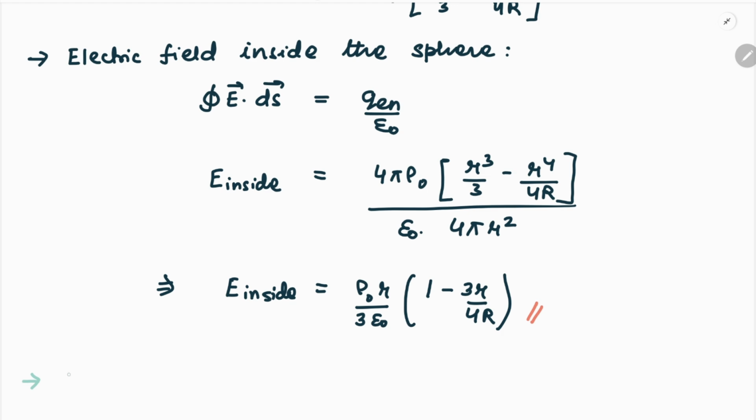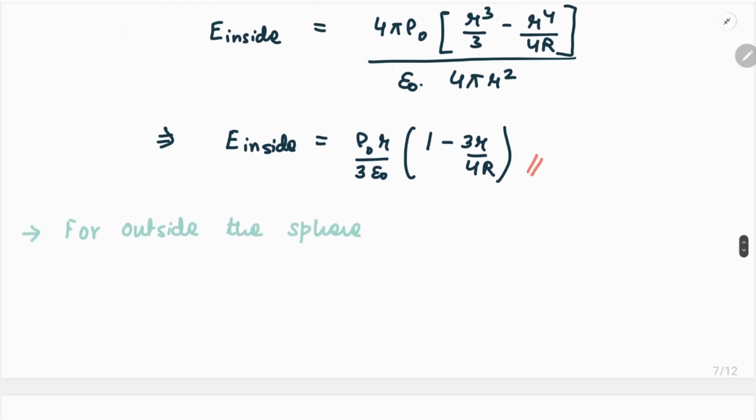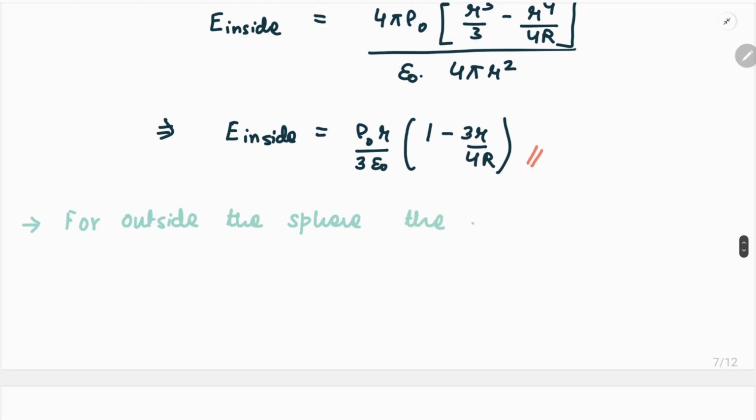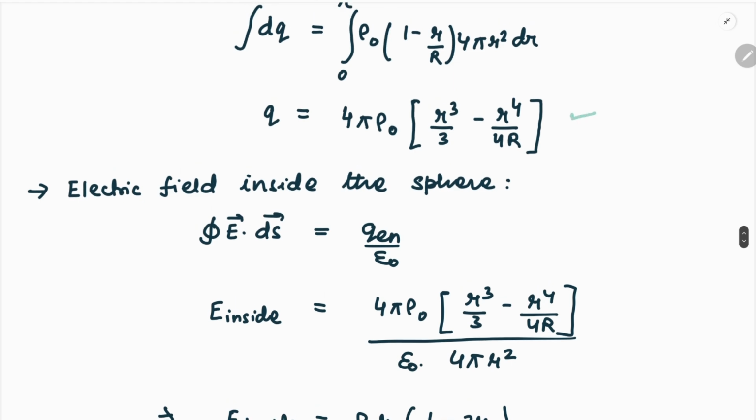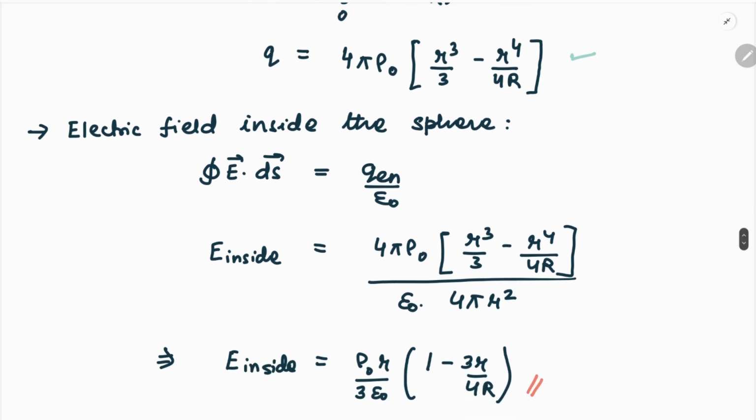For outside the sphere, the total charge enclosed, so we can say Q total. For calculating Q total, we have this expression for charge Q. So if we use this expression for charge Q and put small r equals capital R, we get Q